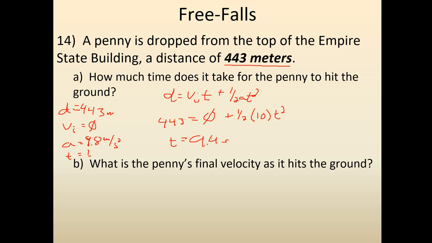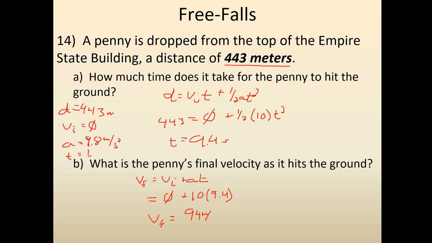All right. And then part B, what's the final velocity? So I have all these pieces. Normally you'd have to rewrite them, but I don't have the time. So what I'm going to do is I can actually pick any equation that's final velocity. I'm going to go with the simpler one, v_f equals v_i plus at. I know my v_i is 0. I know my acceleration is about 10, and I know my time is about 9.4. So I get a final velocity of about